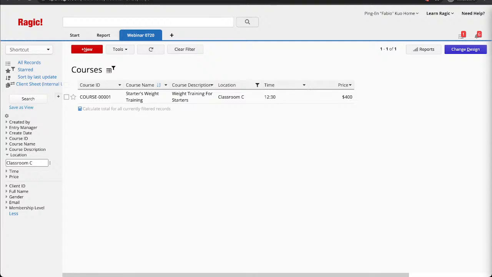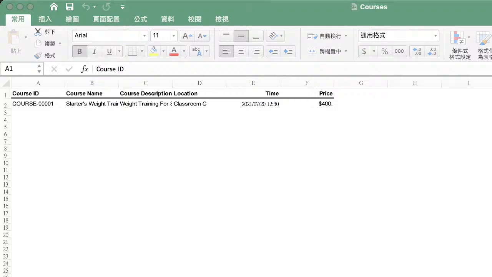So this is what I've just exported. Just one record, and this is filtered and it has exported correctly.